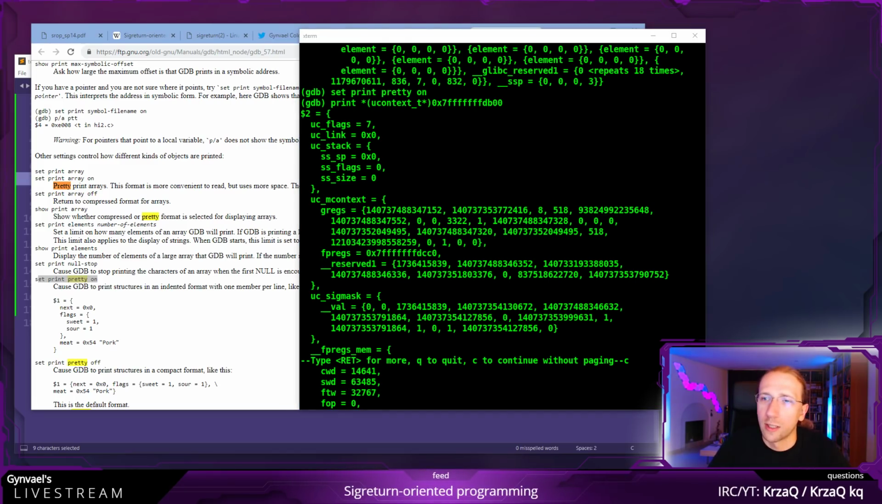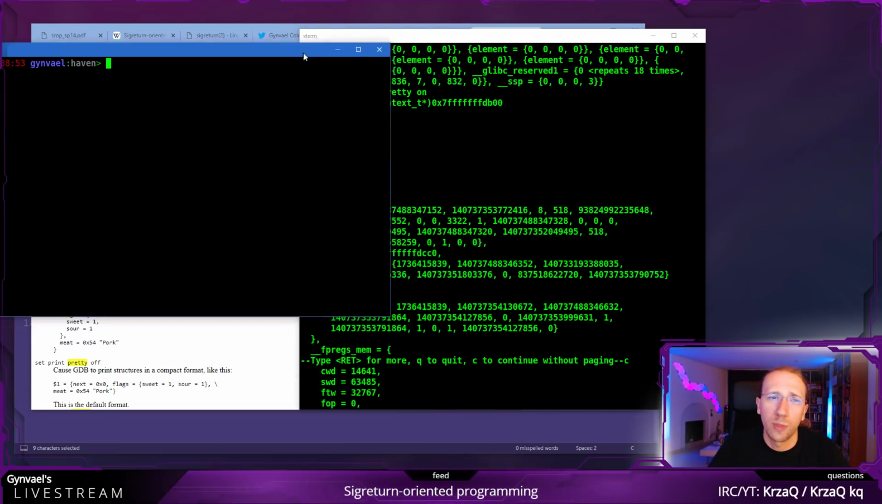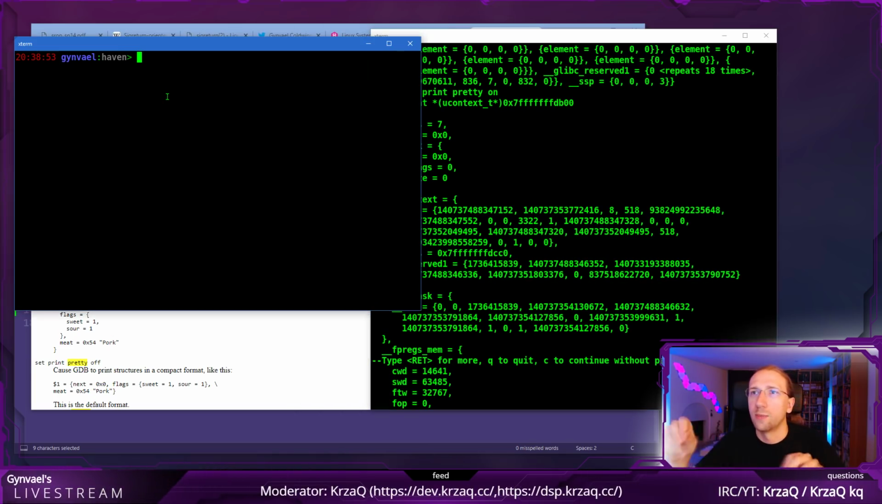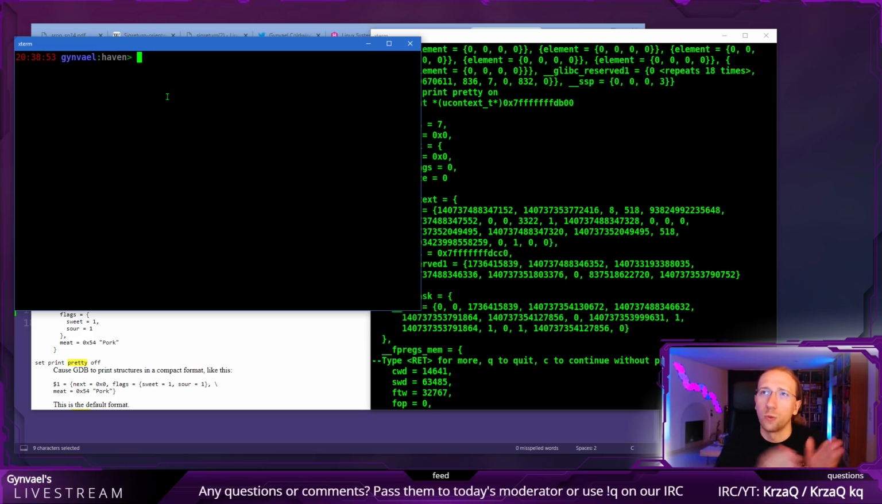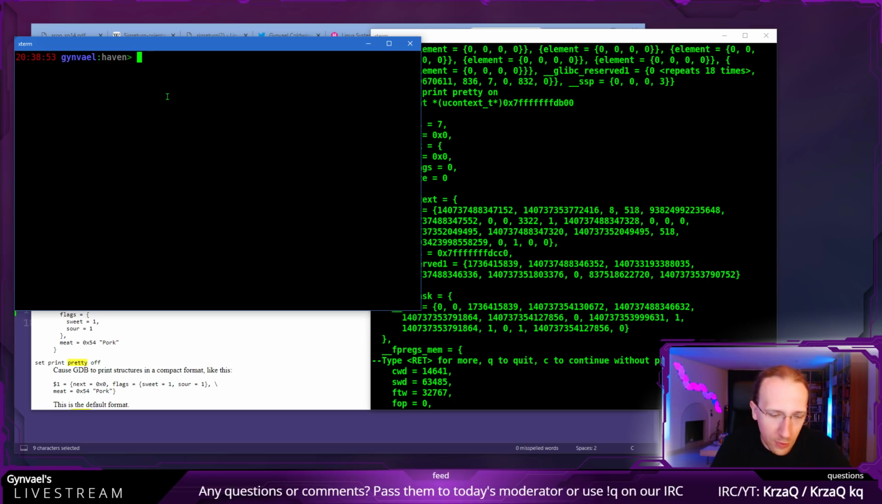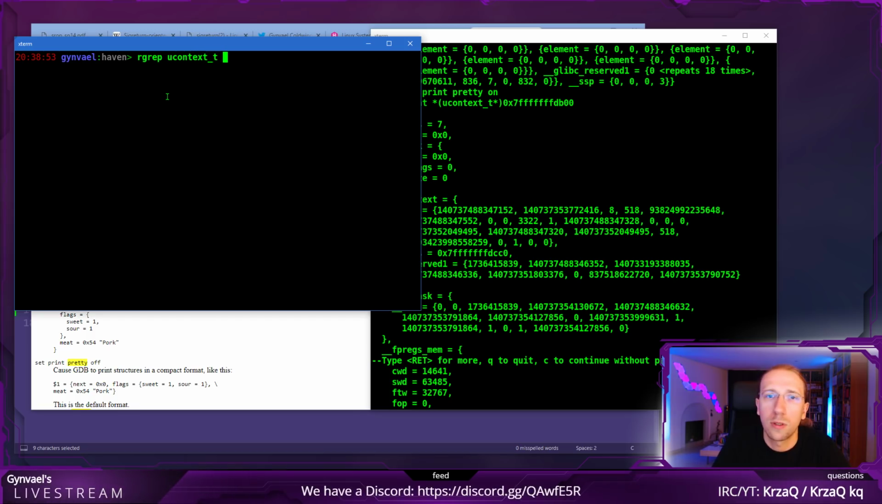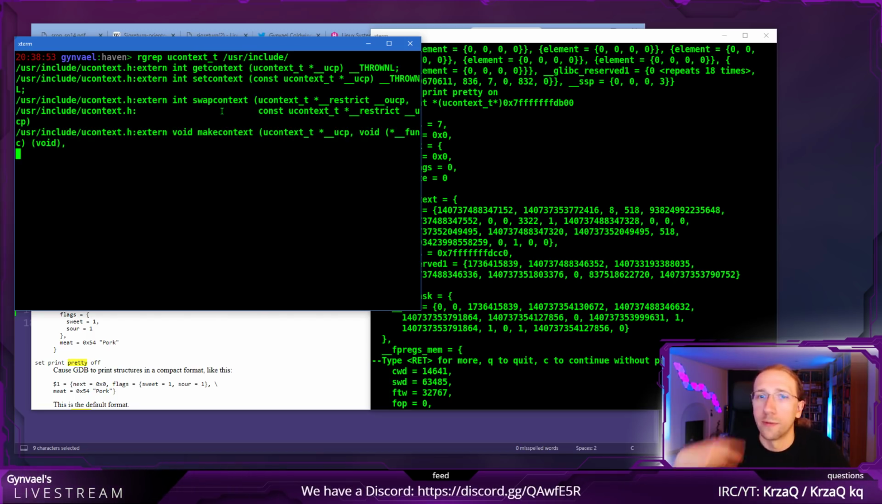We can check exactly what can be in that structure, because the uContext structure is pretty large and not all of it can be filled. It's the same as on Windows. It usually has some flags telling you which exact fields are filled and which are not. So to do that, we need to grep uContext_t in the user include, and we're looking for the definition